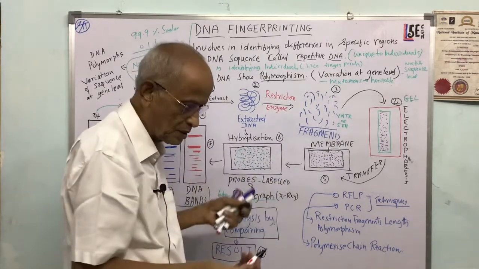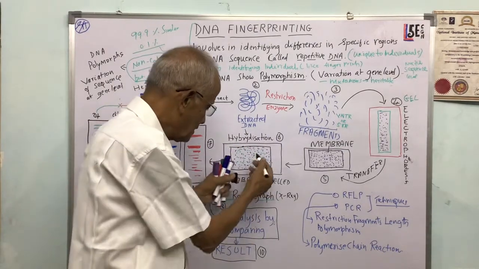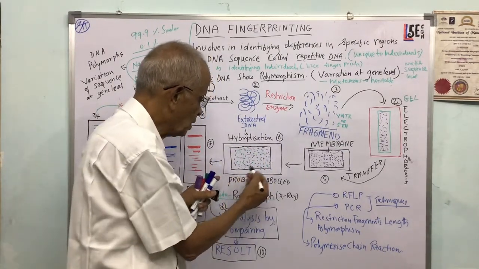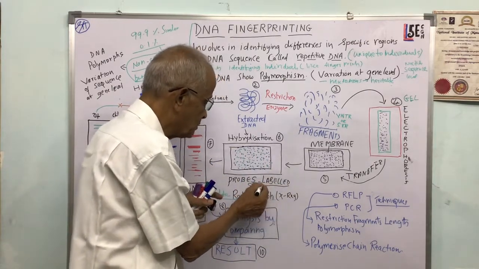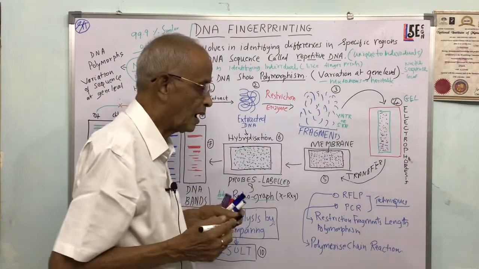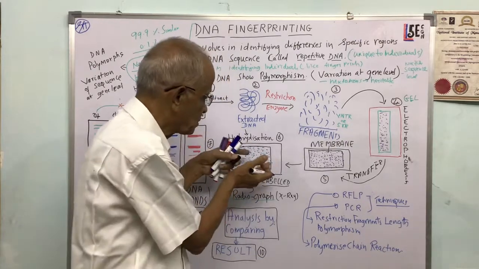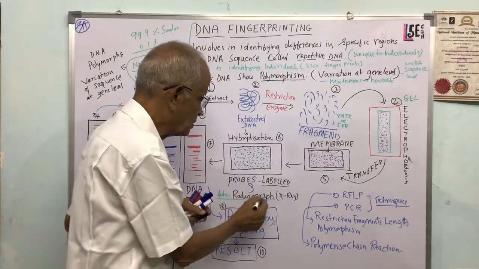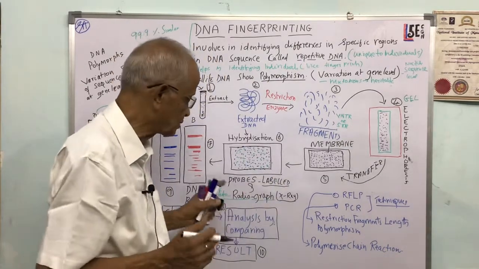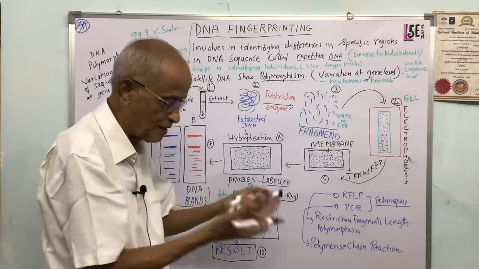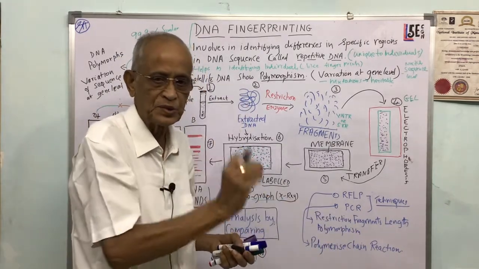It may take some hours or sometimes some days for hybridization. And then they will try to use a label. They label it, which means they use some isotopes as probes, so that we will be able to identify them. Then that particular material is autoradiographed. That means they will take the X-ray of that. When the X-ray is taken, that's called autoradiograph.